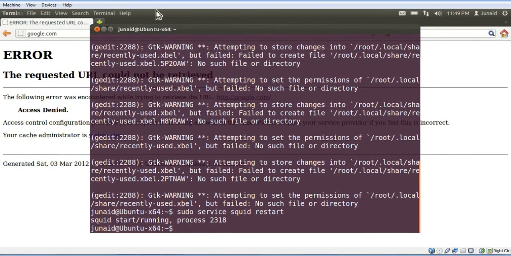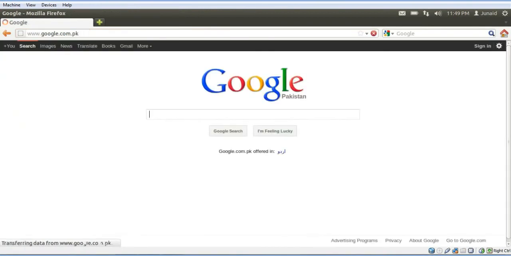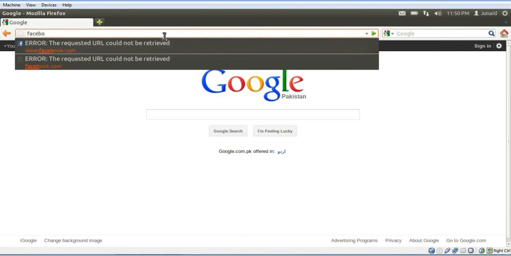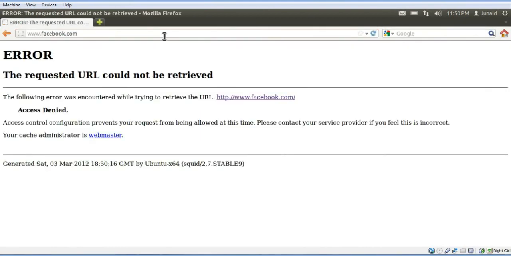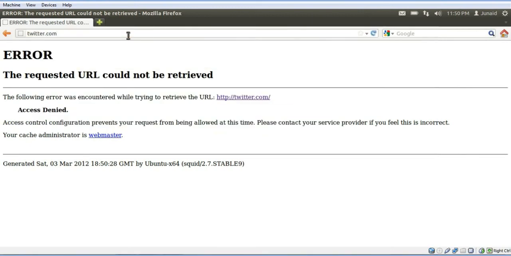Now we go back to Firefox and go to google.com. This time I've successfully reached google.com. But now if I go to Facebook, I get an error message. So my proxy server is working correctly. If I try twitter.com, the same message. But now if I go to seeks.nust.edu.pk,